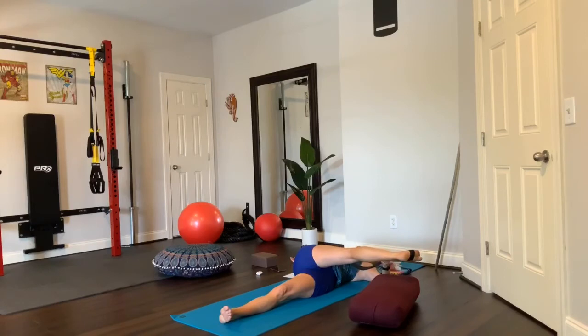I'm propping up on my elbow as like a kickstand. Your left foot goes to its side. Don't try to force your toes pointing up. You want to have that foot over to the side and reaching your leg out. You can actually have your thumb at your hip crease and press down to lengthen the hip away from you. And keep the leg straight, and then reach the arm over, breathing in,